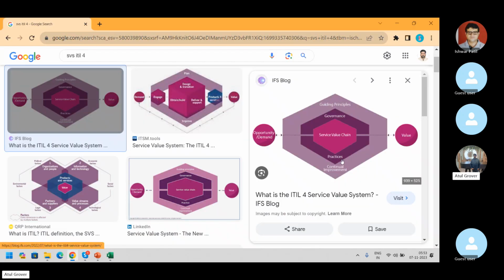Now, let's come to the IT industry. If you notice, in IT companies there are practices that have been set up: ServiceNow practice, Java practice, Oracle practice, .NET practice, pre-sales practice, business analyst practice. Like I'm working in the business analyst practice, in professional services. So it is not a process. Practice says that when you have a pool of people who are perfect in that particular domain, that becomes the practice.